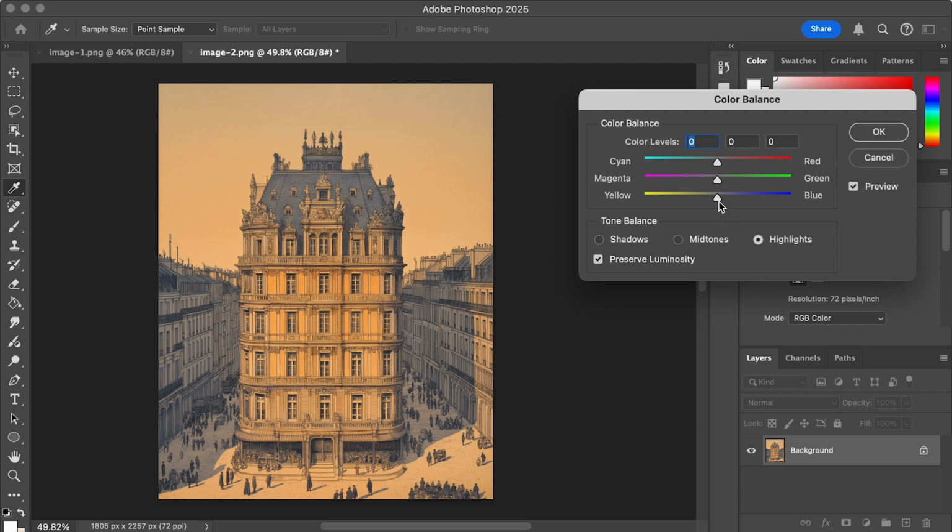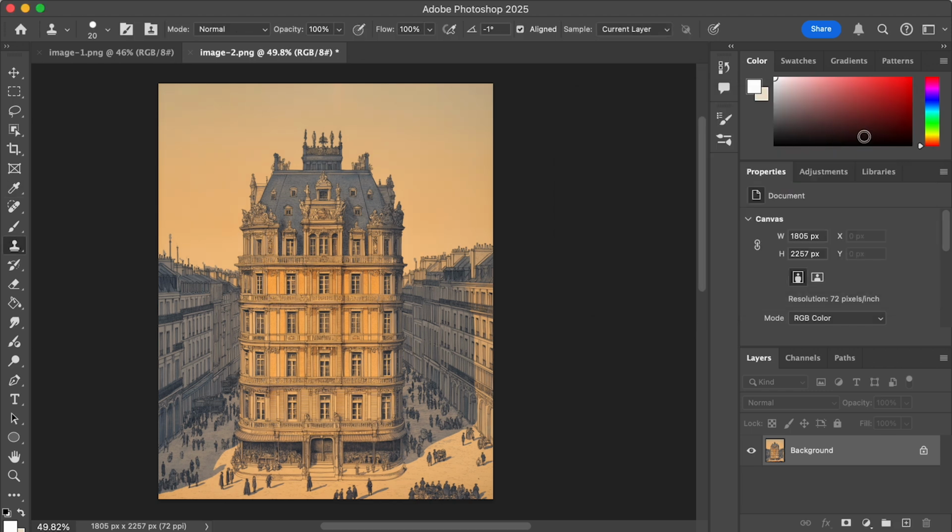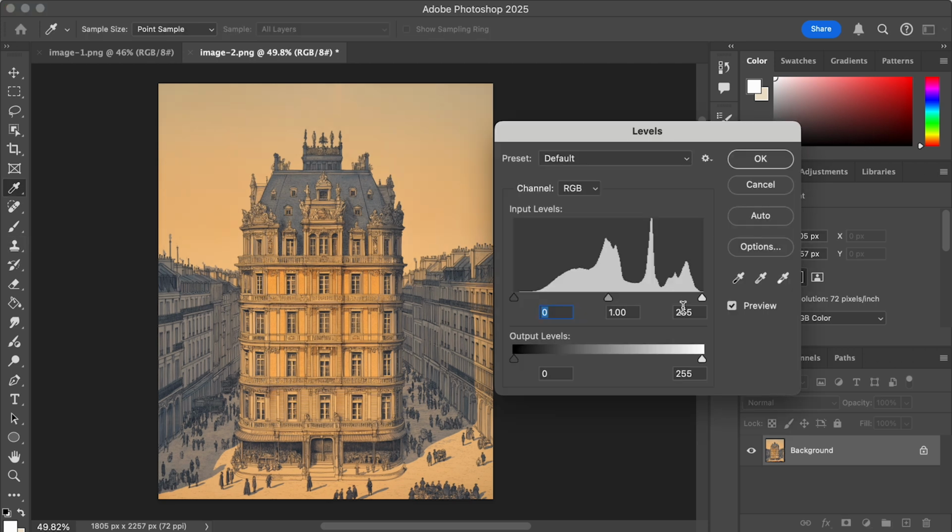The highlights I'm going to make less yellow and a little less red. But I think that's about all I want to change in terms of color. I actually like the yellow here. If I go to levels is more where I tend to mess with brightness. I don't use curves much. This section here